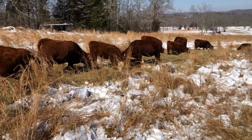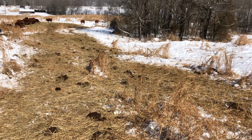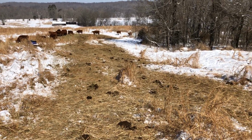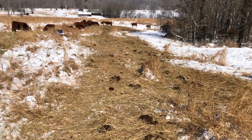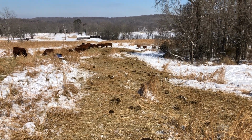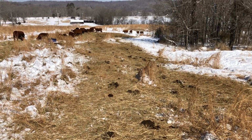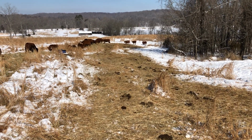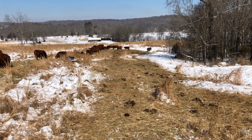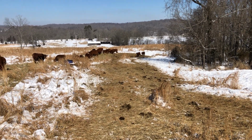But the thing I wanted to show you is the previous 2 days where we have unrolled hay and spread it out. Notice how wide the sections of manure, the piles of manure are spread on this, where they have grazed and peed and pooped on the hay. This is going to really add a lot to the fertility of the soil, again, which is our purpose in doing this. So by having all of this to go ahead and turn into carbon, and then the minerals that are in the manure and in the urine,